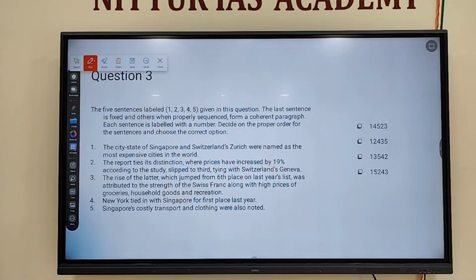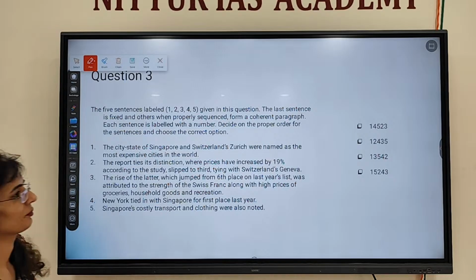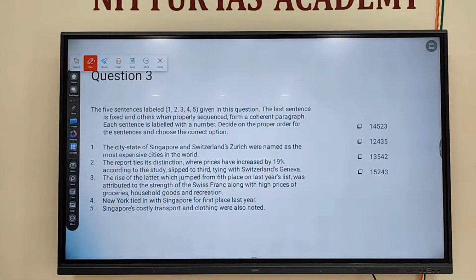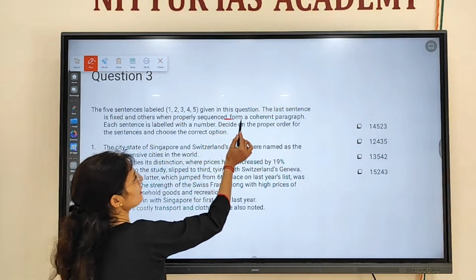Again, the last sentence is fixed. Are they saying something like that? Maybe not. The last sentence is fixed and others were properly sequenced. No, I just pasted that one from the question. We need to see the question. Don't go by that, because here it is not. The only answer is one. No, this is not fixed. Here it is not fixed. That is the reason I'm warning you, don't go by this, because I duplicated the slide and I just pasted